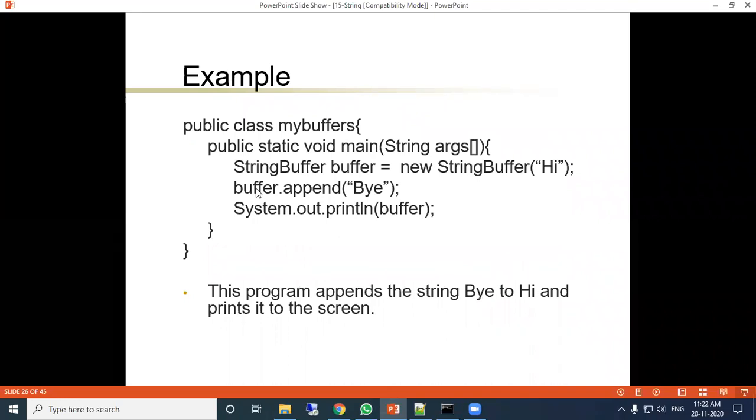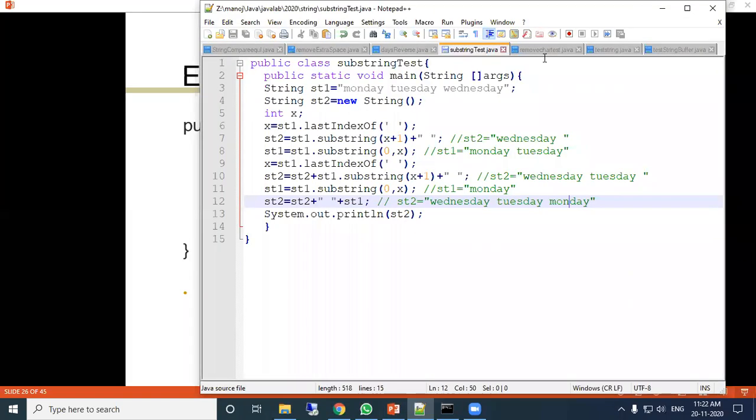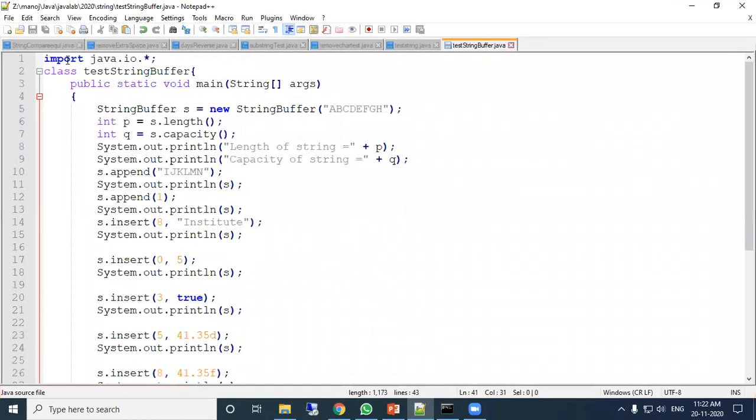We will go directly to a program, and there we will see StringBuffer. StringBuffer is a class like the String class. Just see here, StringBuffer class, then S is the object name, new StringBuffer.